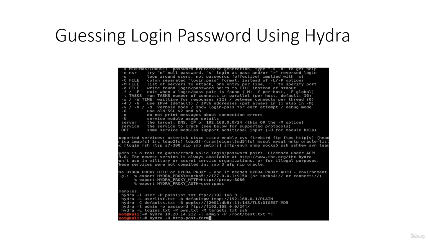Because of the HTML page, look up for the method. So the service will be the form, and so just type Hydra -u, this one, Hydra -u,